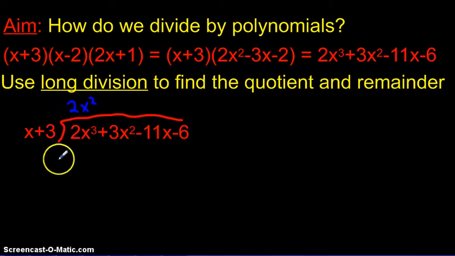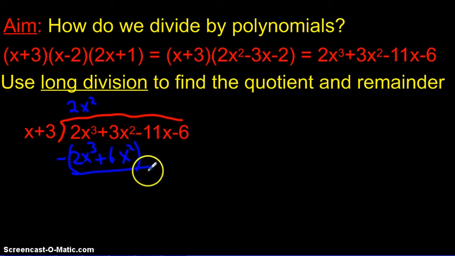So if we multiply this, we're going to subtract it. 2x squared times x is 2x to the third. And we're not just subtracting that, we also have to subtract this. 2x squared times 3, which is positive 6x squared. Alright, so we're going to subtract, and then we're going to bring down this negative 11, just like you would